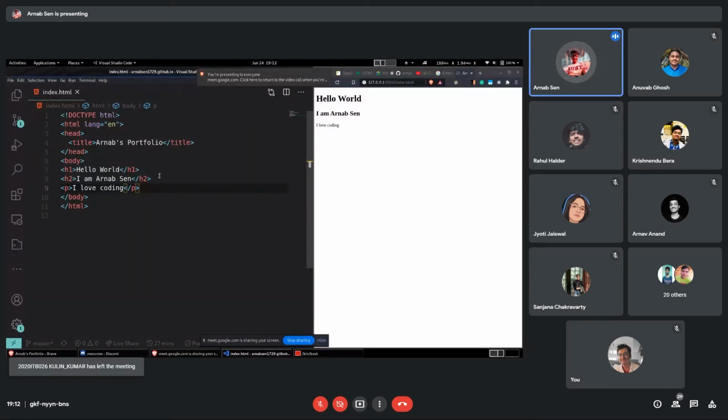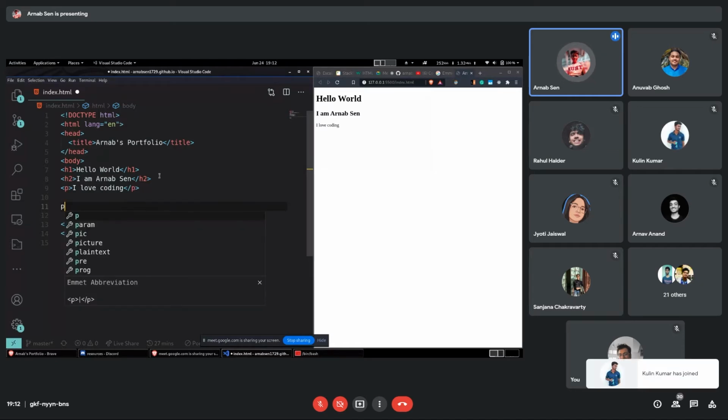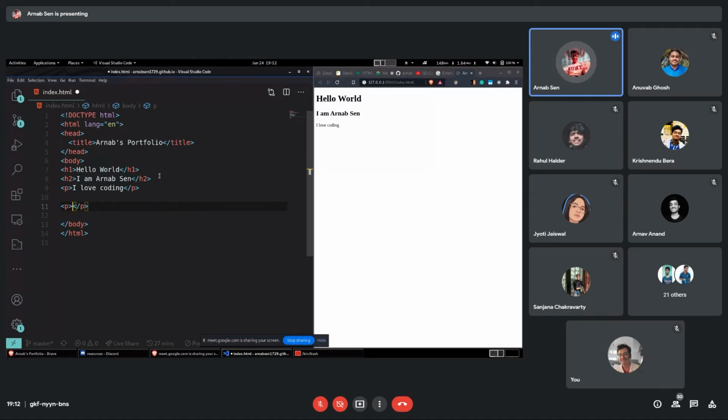Now I'm going to tell you about Emmet. So Emmet comes really handy. Actually, personally, I love Emmet. The reason why is you can actually create tags with just some shortcuts. Like let's say I want to create a p tag. I can just write p and tab, and it will just write the opening and the closing tag as well. Not just that, you can actually do a lot of things. So let's say I want to create a p tag, and inside it I want to create an unordered list, and it will also show you over here.